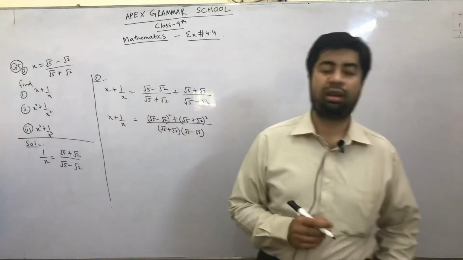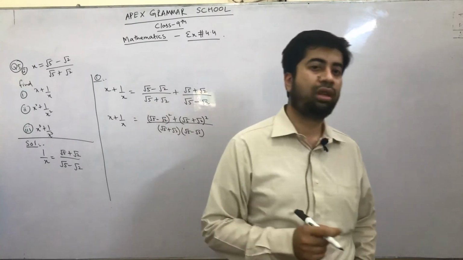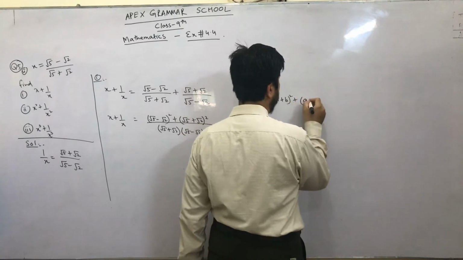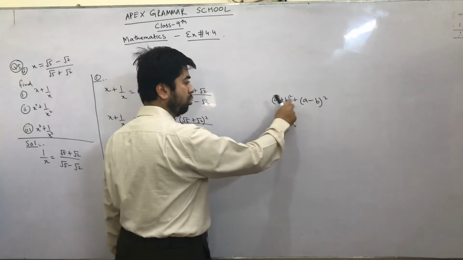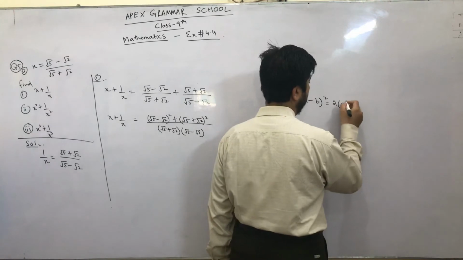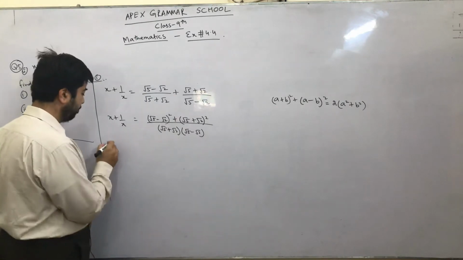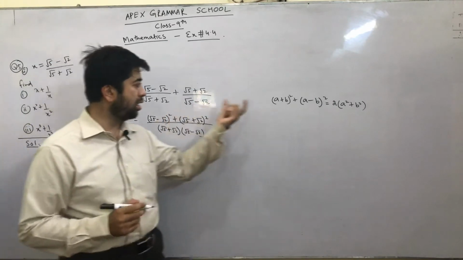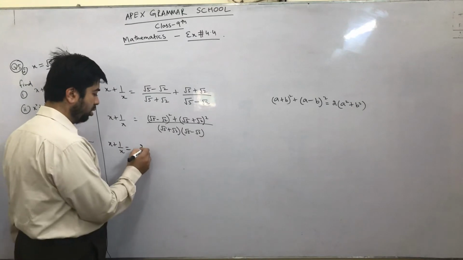Again, I suggest that you recall all those formulas that are on your page number 292. You can easily find a plus b whole square plus a minus b whole square, same like this situation. a plus b whole square plus a minus b whole square will be equal to 2 into a square plus b square. So we have to write now 2 into a square plus b square, that means 2 into a square.